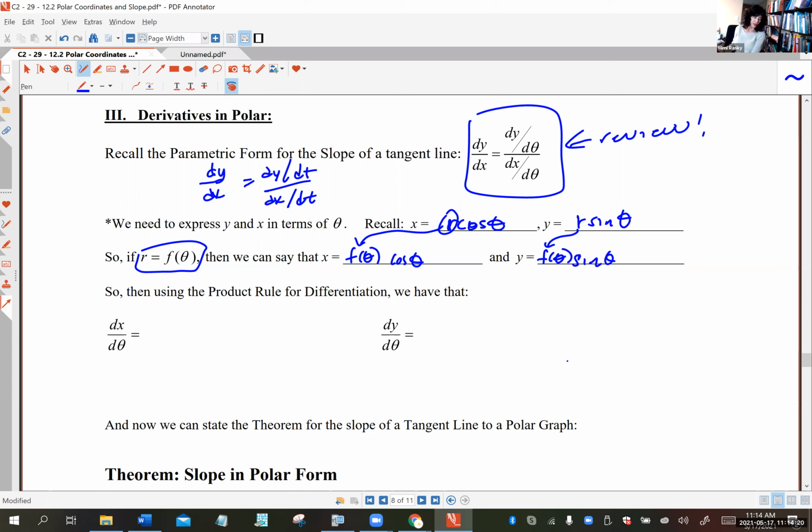Okay, so now you have to use the product rule, and this is where it gets messy. So if you were told that x is equal to the product of some weird function f of theta times cos, and they said go find the derivative,